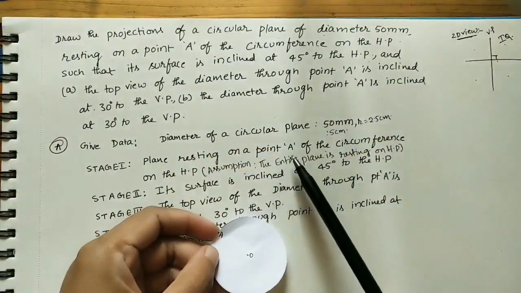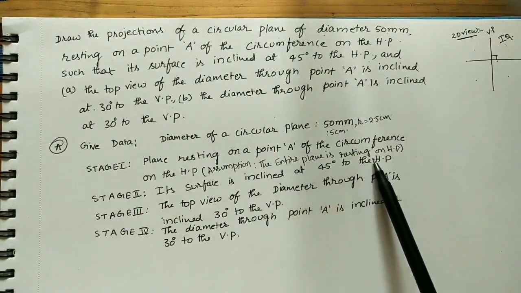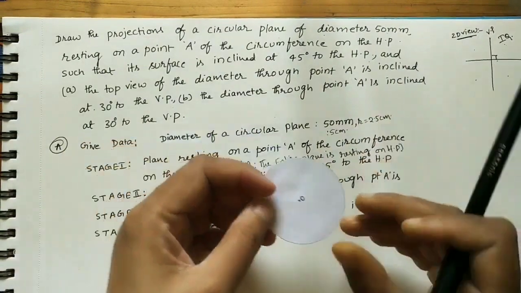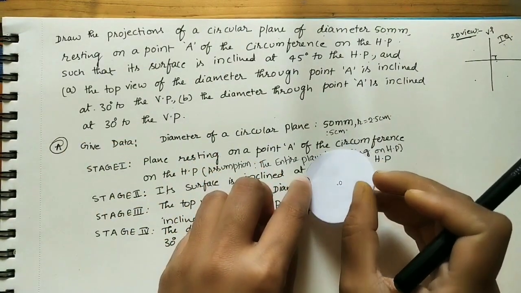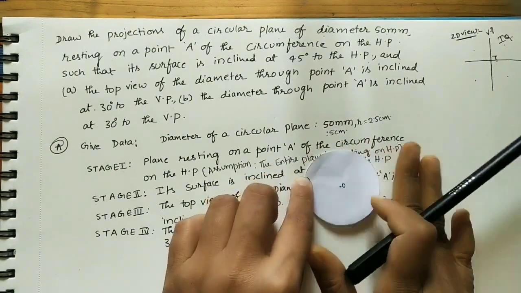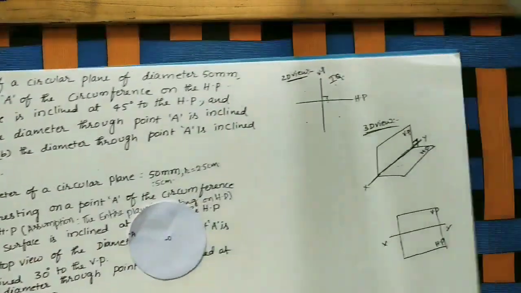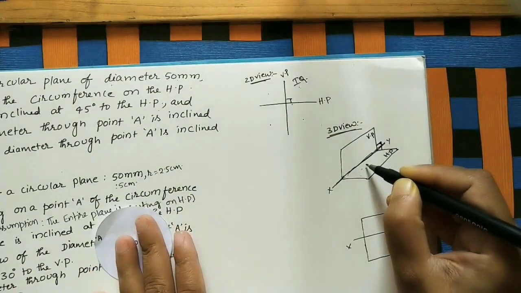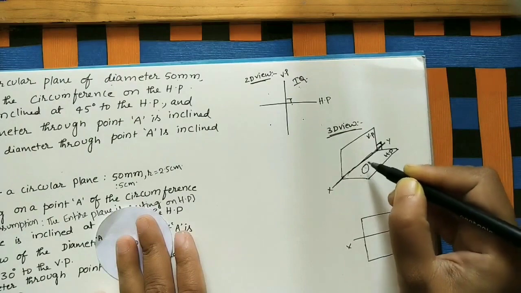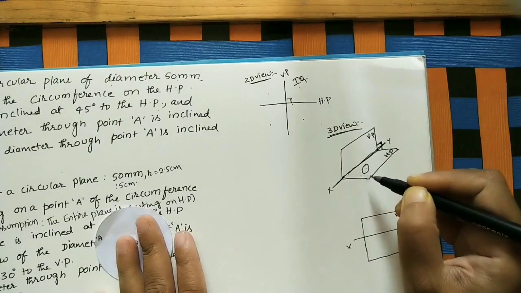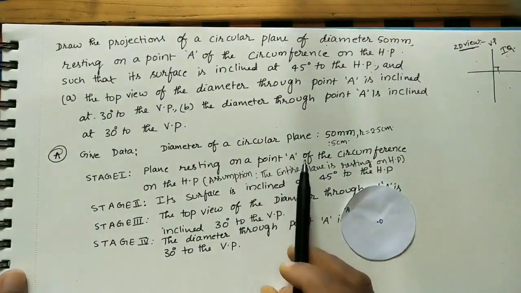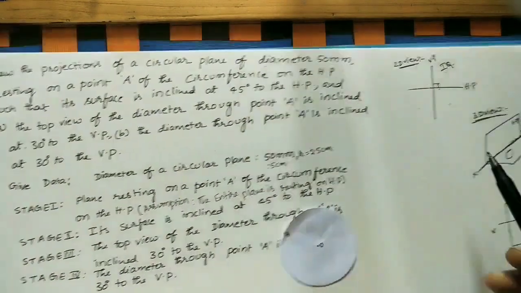What we are assuming is that the entire plane is resting on the HP, instead of one point. Let us assume this is a horizontal plane, and point A is resting on HP. So here we are making the assumption that the entire plane is on the horizontal plane only. If you take the 3D view, take the entire plane on the horizontal plane like this. This is a circular plane, and we are keeping the entire plane on the horizontal plane. Instead of one point, capital A, we are assuming the entire plane is on the horizontal plane.